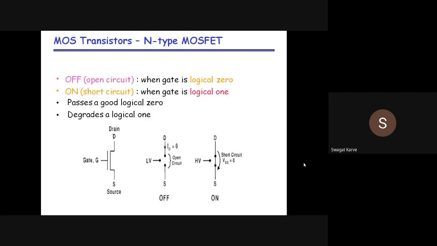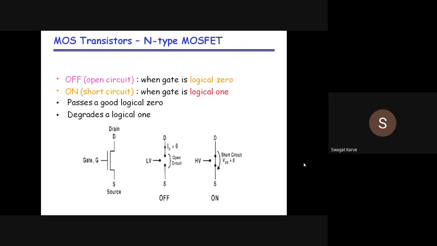Next point is MOS transistors. Right? So this point we have already discussed in a previous unit. So for MOS transistors, if you consider the N-type transistor, then NMOS is capable of transferring strong 0 and weak 1. That means it passes good logic 0 and degrades a logic 1. That means NMOS is capable of passing strong 0, weak 1. Reverse is the case with the PMOS. PMOS is capable of passing strong 1 but weak 0.